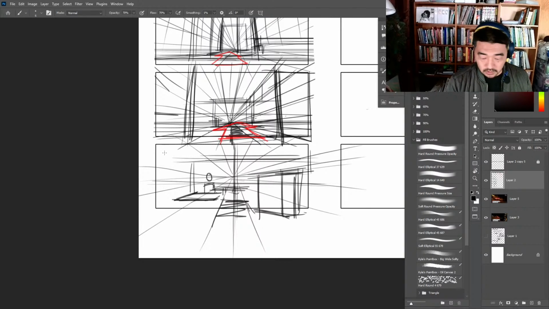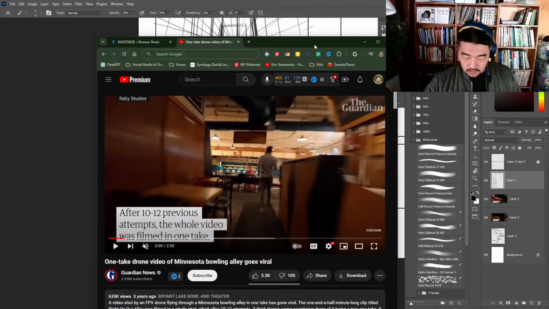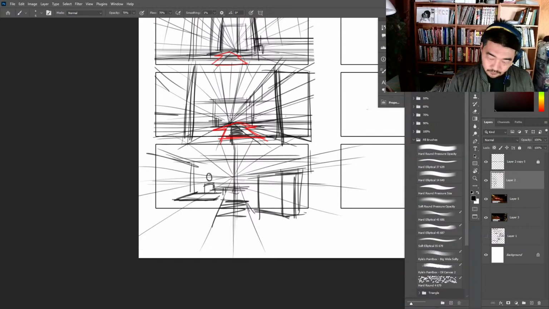What are people doing inside of a bowling alley? So I'm looking right now and I'm seeing that there's people walking around. There's this cabinet. There's a table. There's signs. There's these air ducts. You're just building that mental library.